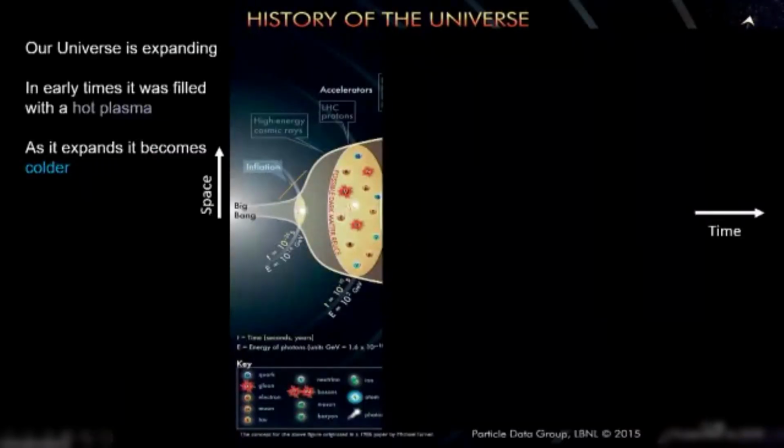Now, what do we know exactly about this history, the history of the universe? Well, we know that the universe is expanding. We know that in the early time, shortly after this explosion phase and this inflationary phase, which we will discuss in a moment, the entire universe was constituted by hot plasma. This hot plasma was just a soup of constituents that started to cool and cool over time.